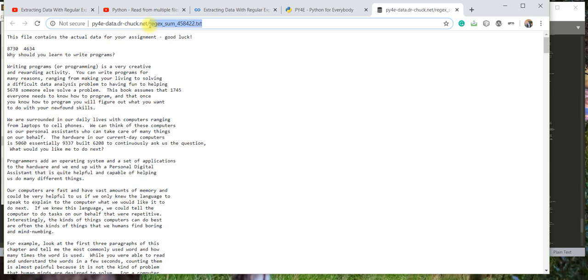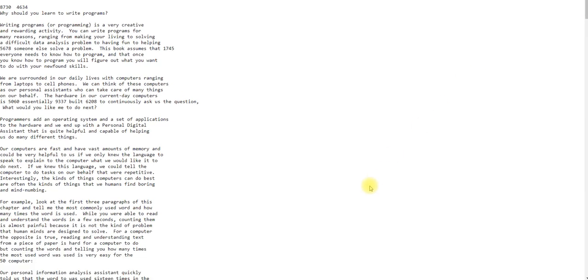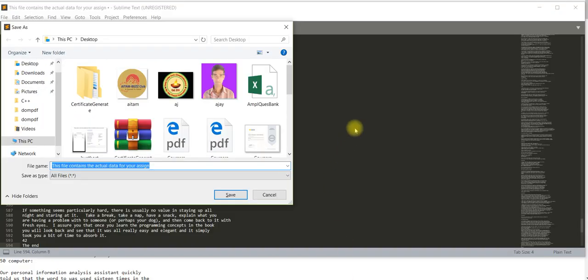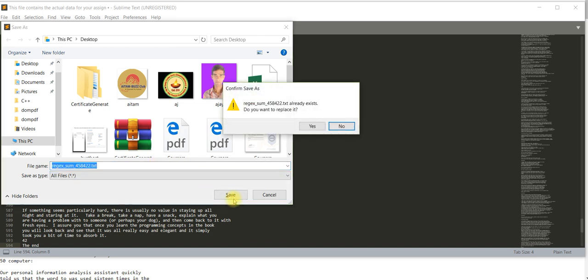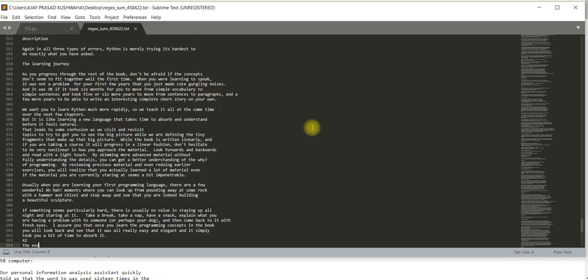So Control C, copy it, right, and again I go to the Sublime. Okay, this is my Sublime, and here I have to press Shift Control B. So already I have saved as earlier, so I will replace it. Okay. So this is done.